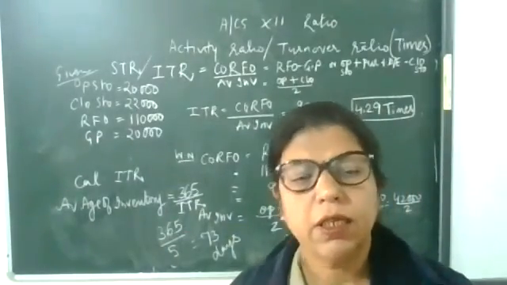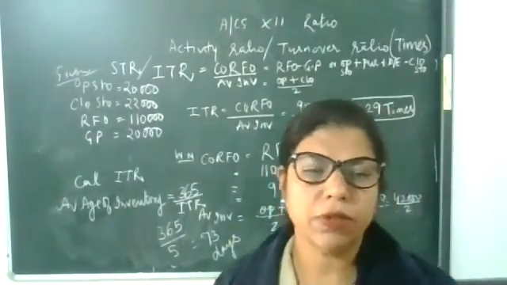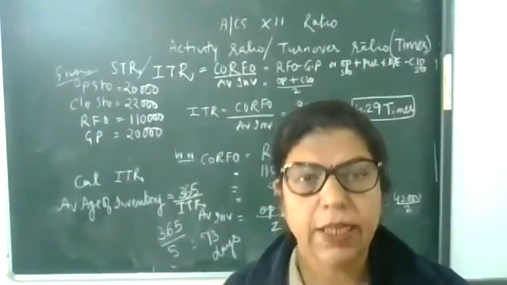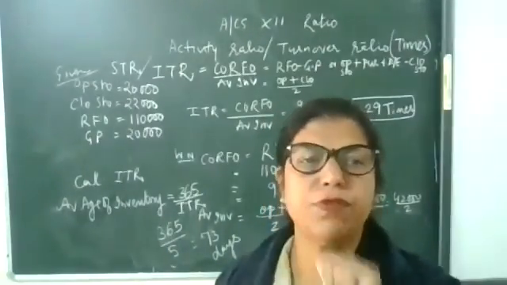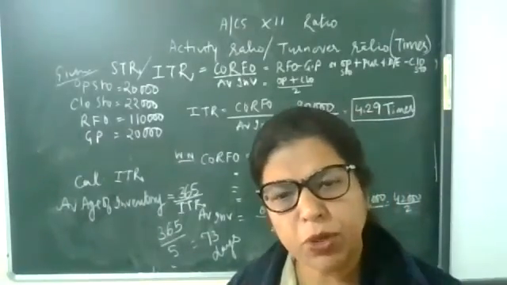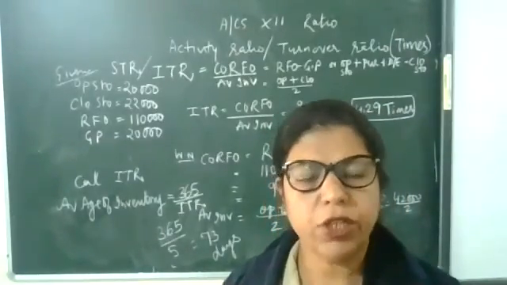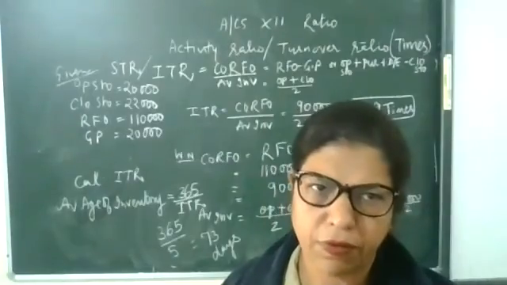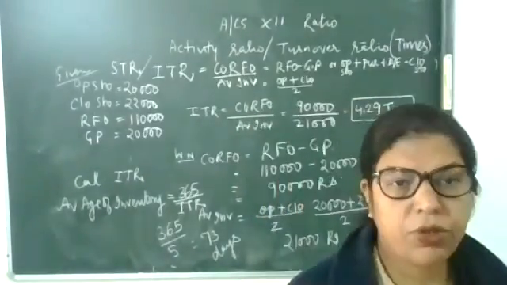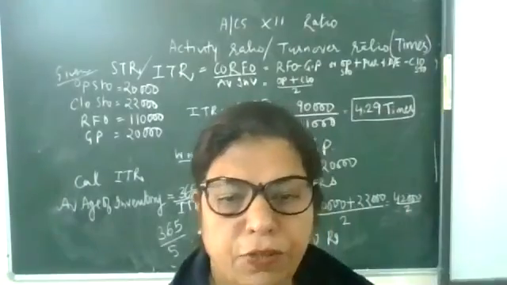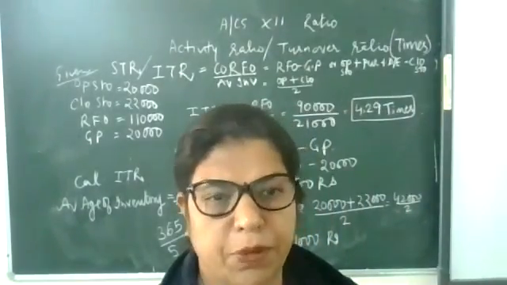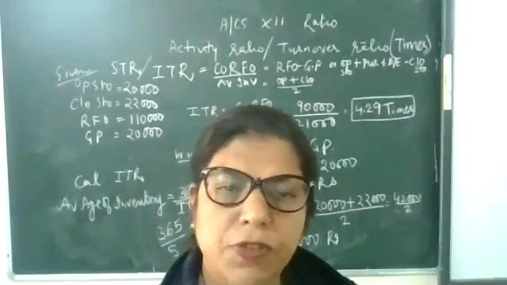So whatever ITR will be there, you can put. Got it? Shall I repeat the question? Okay. What is the average age of inventory if ITR is 5? Just put the value in the formula in days, 365 upon 5. Okay. Any doubt? If you have any doubt, you can ask. Tomorrow we will start different types of questions of the same heading.